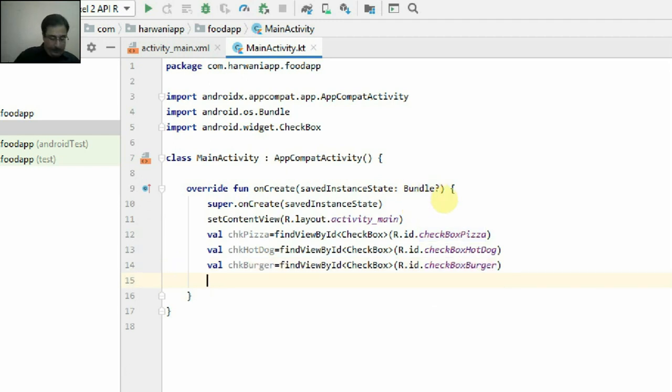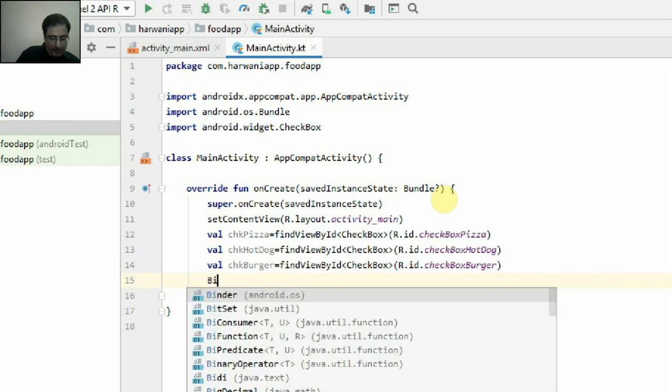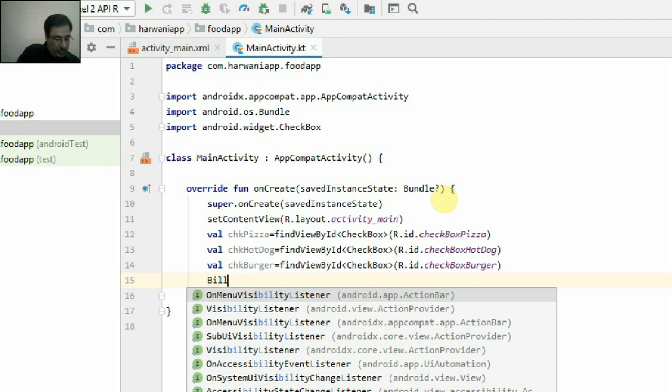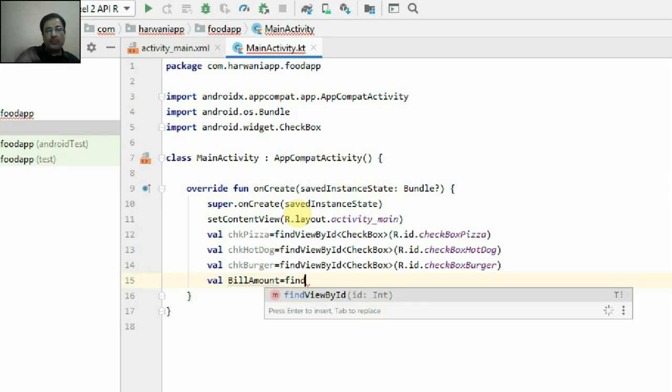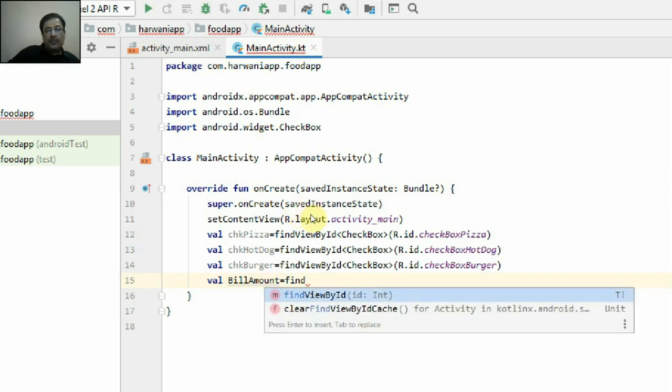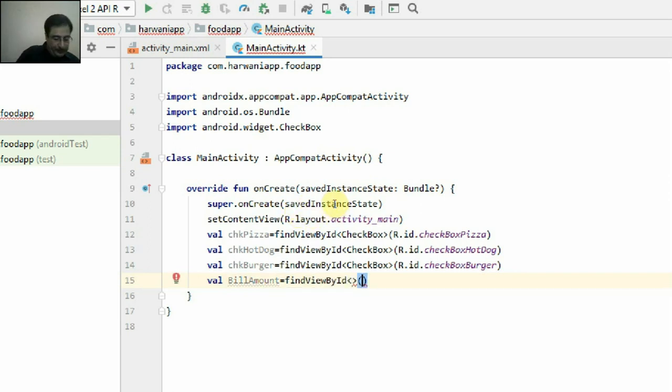For the bill amount, I'll add text view.